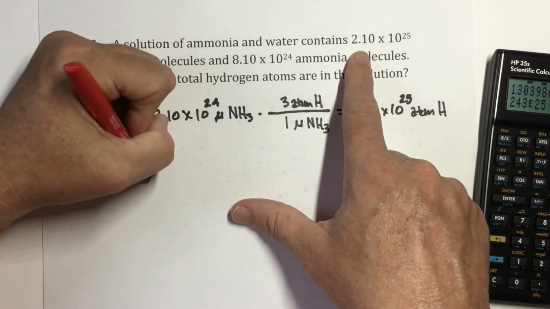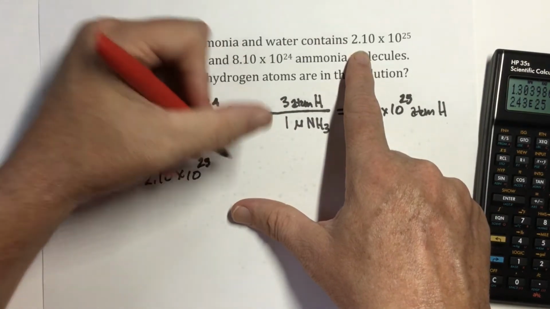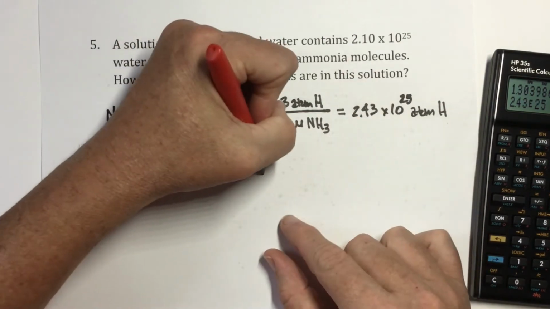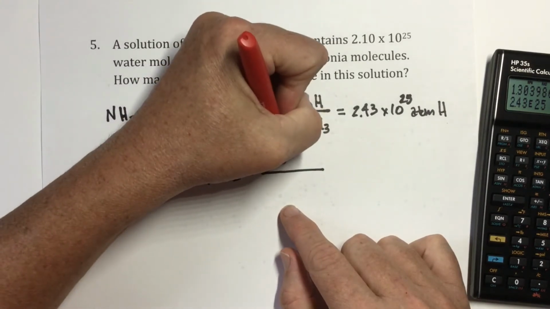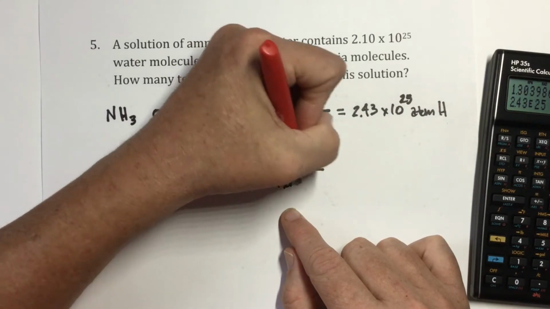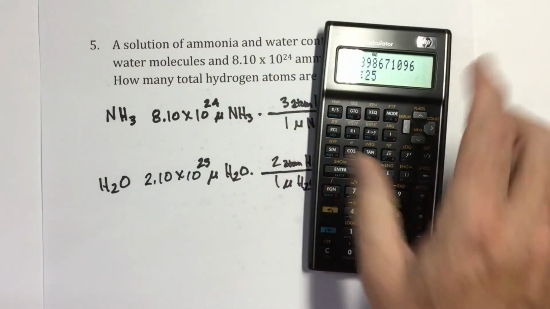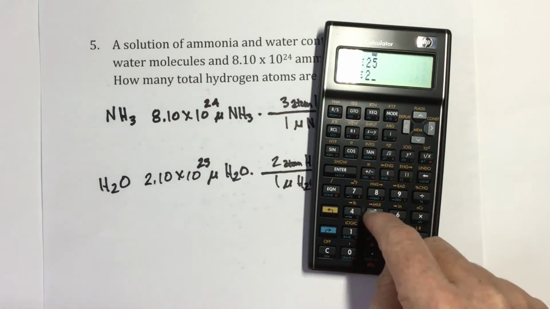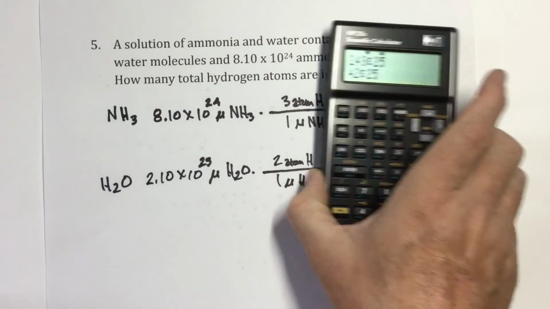My solution contains 2.10 times 10 to the 25 molecules of water. And I know from my formula that there are 2 atoms of hydrogen in every 1 molecule of H2O. So again, we'll do our math here. 2.10 e to the 25 and multiply that times 2. That comes out to